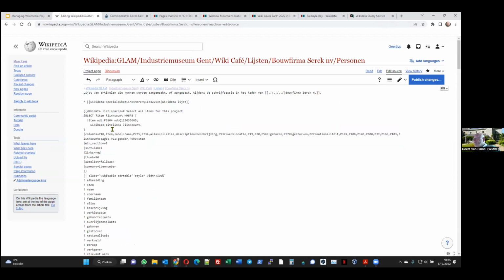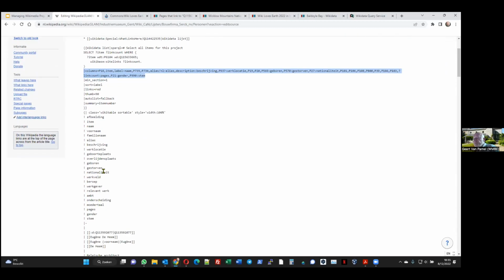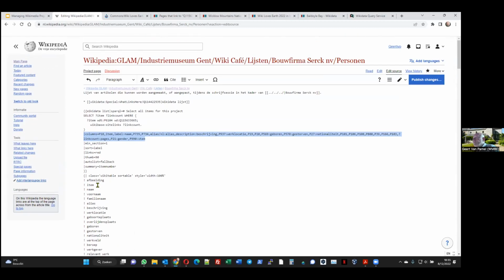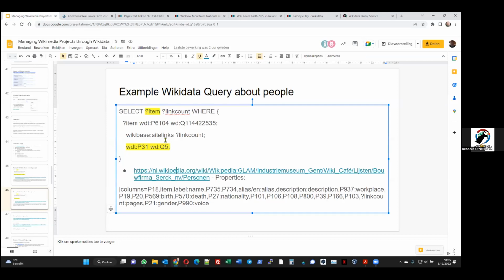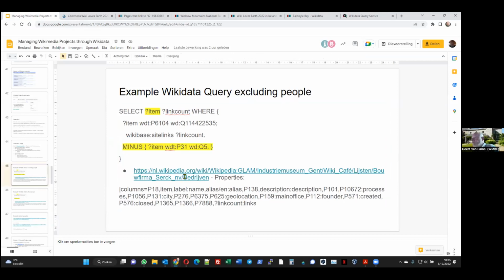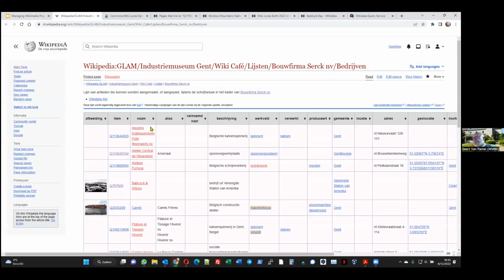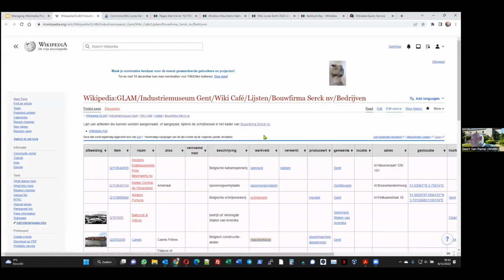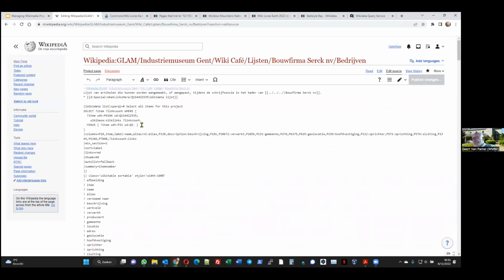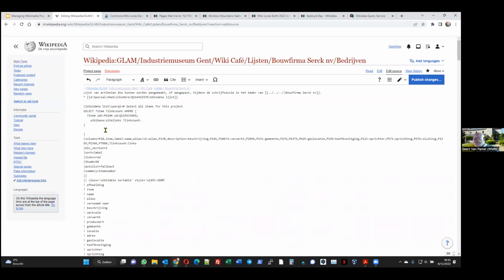And then voila. Then maybe in the first version, you can use just the same columns, and then yeah, that's it. Ah, no, it's about people. We should have taken the other query, the places. I mean, yeah, the one excluding people. So we should have taken the example from here. If you go to edit source, so this is the one, and this. So if you